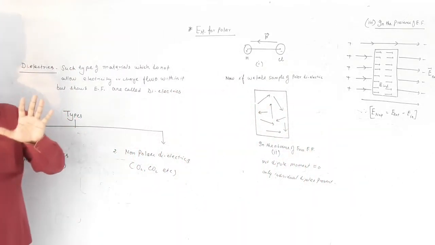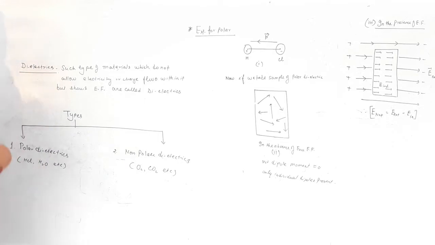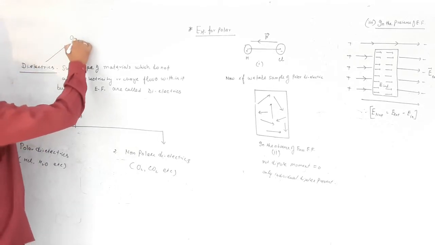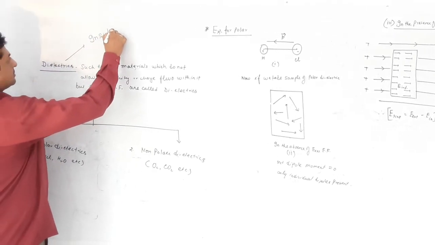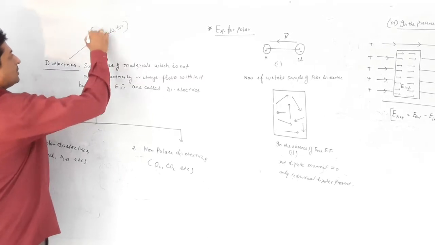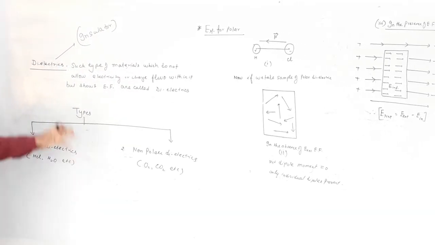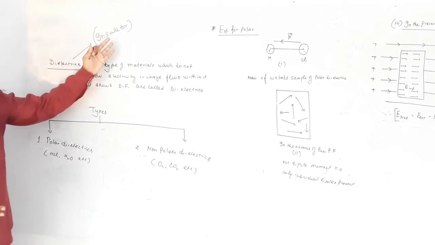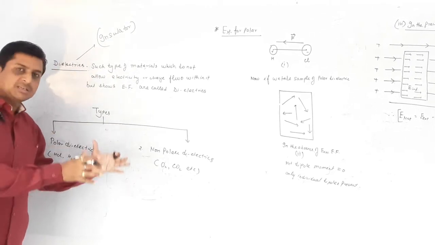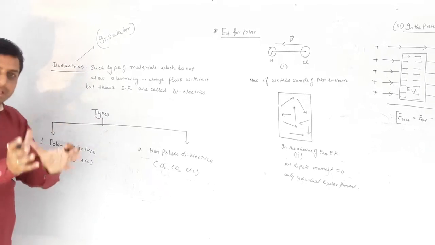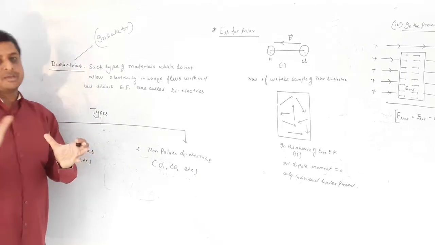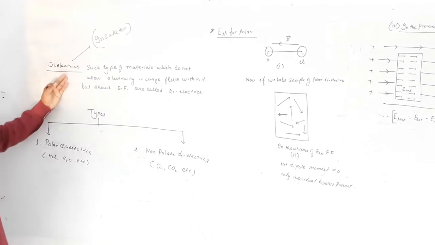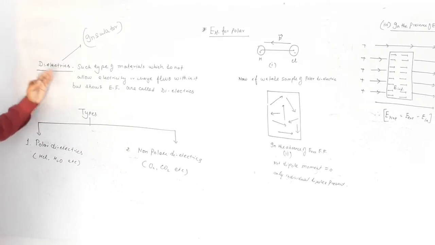Dielectrics are what? Its second name is insulator. It is just like an insulator. The only difference is what? First of all, I am telling you the similarity. Dielectric or insulator, both are such types of materials which do not allow electricity to pass through them. Okay. But if it is a dielectric, then the dielectric